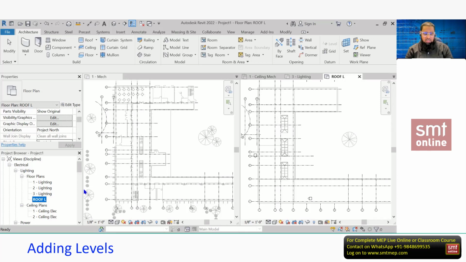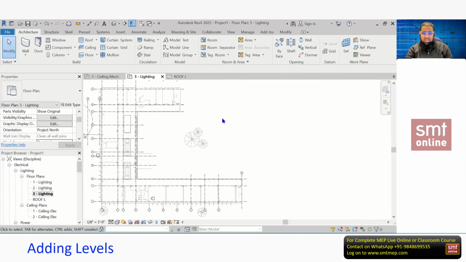So later other engineers dealing with other services can copy and use. But this is not the end. After creating the views, and creating the duplicate and putting it in the respective views or respective sub-discipline, directly you cannot use. Why? Because, for example, if I open this 3 lighting, we don't know about the visibility setting, which option is active or which is visible or which is not visible. I'm talking about showing and hiding the components.